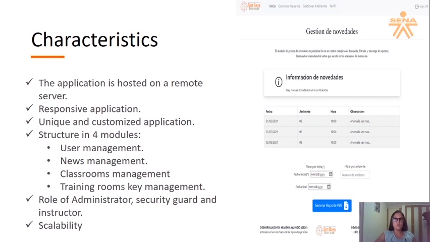The application will have three roles: the administrator, who will be the person who registers the users and training classrooms; the guard, who will be the person in charge of registering and attending the requests of keys and news; and finally the instructor user, who will be the person who will make requests and transfers of keys, besides notifying the different registrations of news. And the final characteristic is